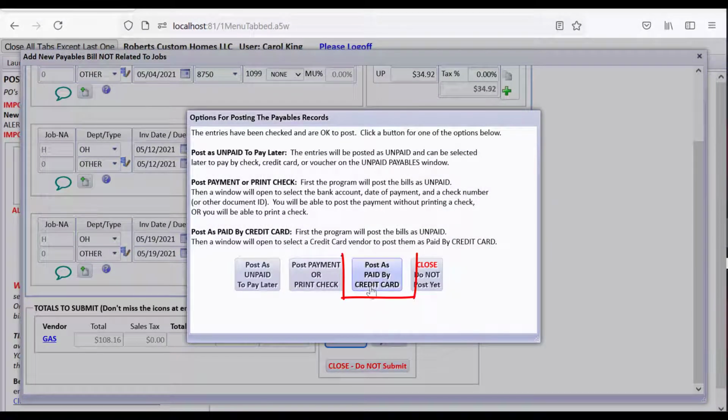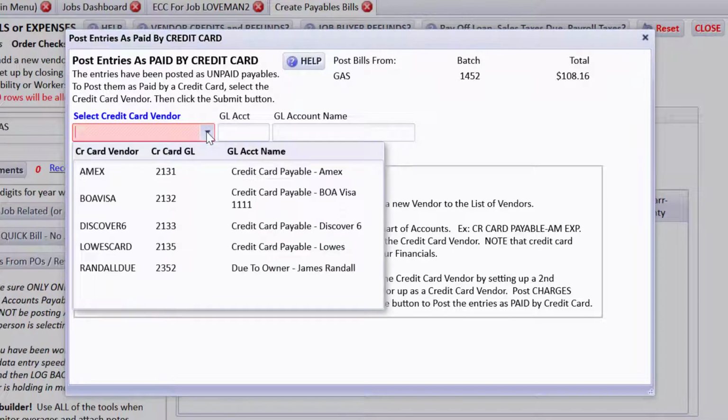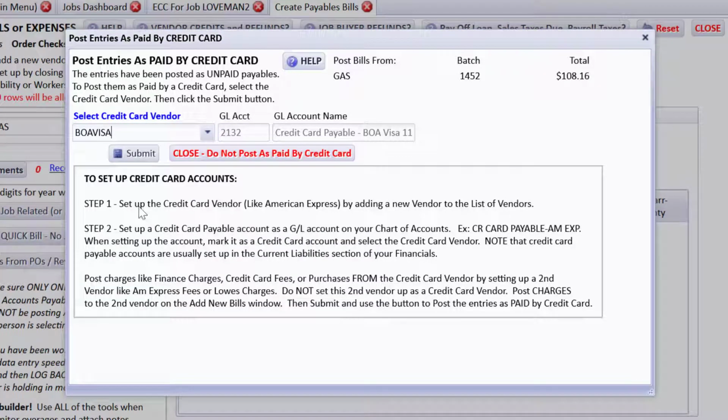And I'm going to say post as paid by credit card. So let's select the credit card vendor, Bank of America, Visa. And what I'd like you to know is that there are some instructions here. Set up a credit card vendor like American Express. We did set up this BOA Visa